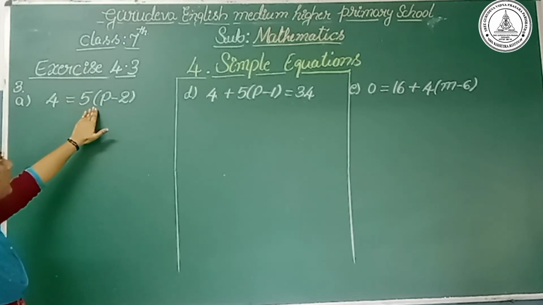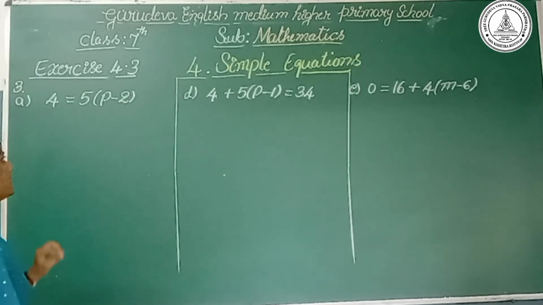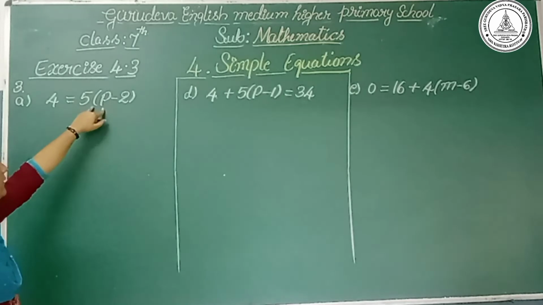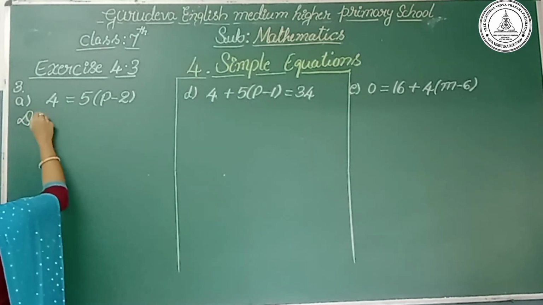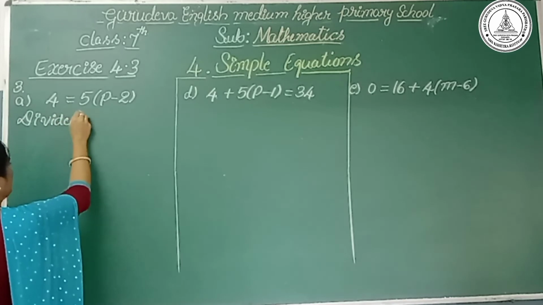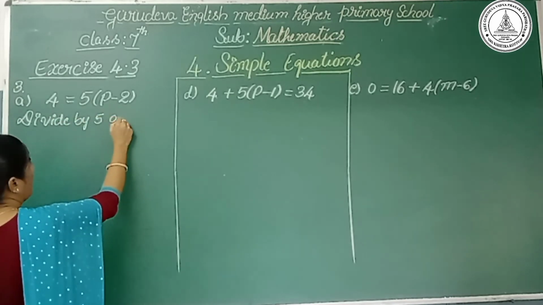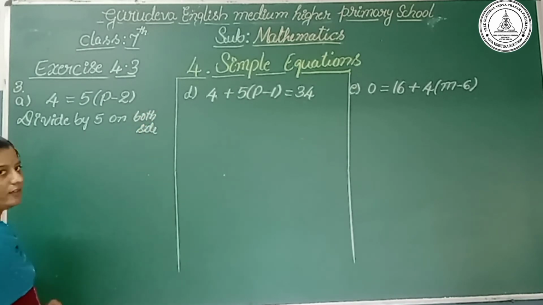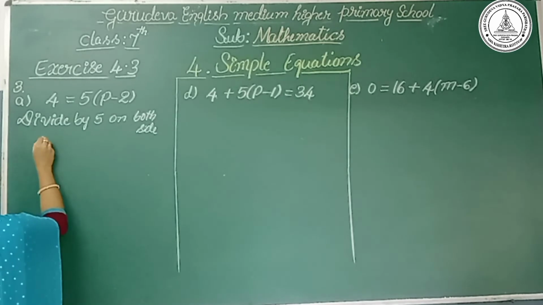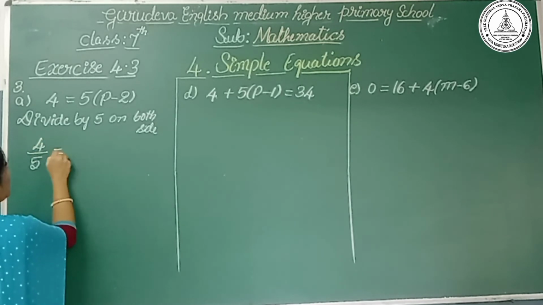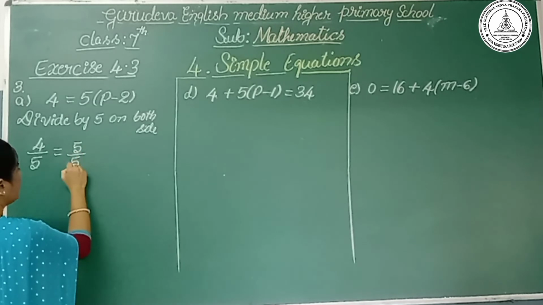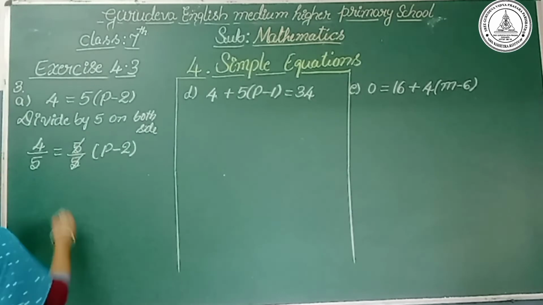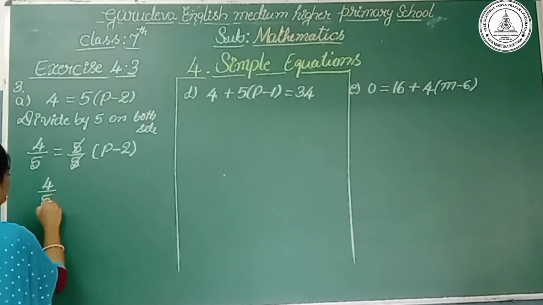So 5 is multiplied by p minus 2. So first I want to eliminate the 5, right? So here 5 into p is there. So I want to divide by 5 on both sides. Divide by 5 on both sides. Yes. What will we get here? We will get 4 divided by 5, which is equal to 5 divided by 5 into p minus 2. Then cancel here, 5 ones are 5, 5 ones are 5, and the remaining is 4 by 5, which is equal to